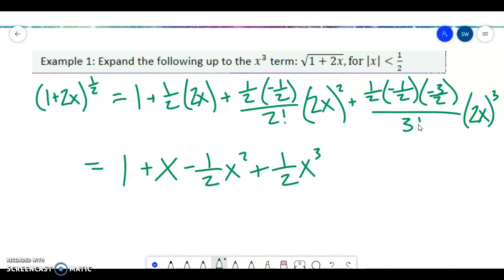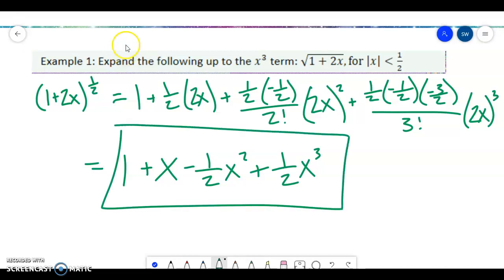So yeah, let's make sure we understand that. This would be our answer. So this is the expansion of this up to the x cubed term. Make sure you understand that this, I really shouldn't put equals. I should be a better mathematician than that. I should put approximate,